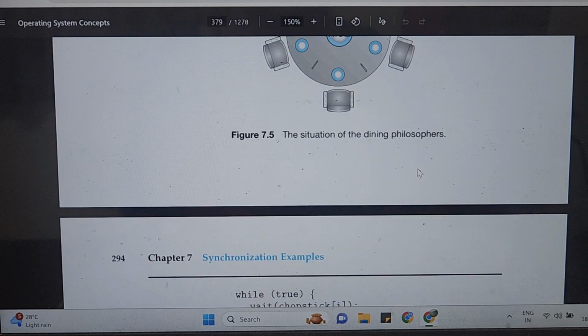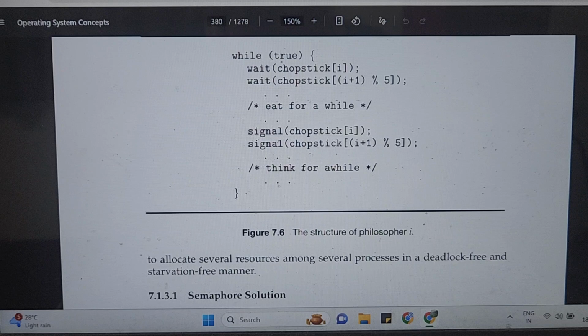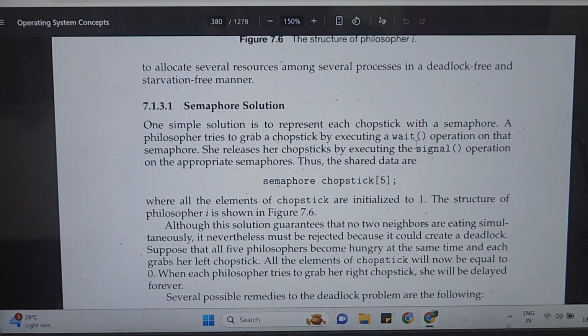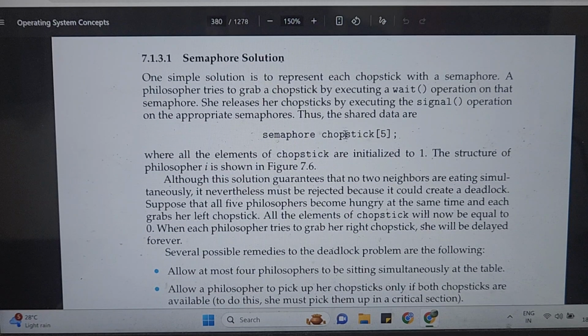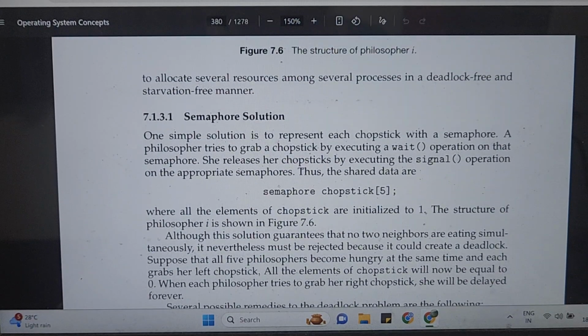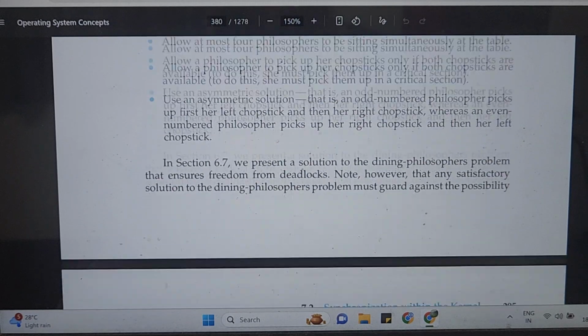Now you can come up with a semaphore based solution for this. So it is possible. You can declare a semaphore variable array, chopstick of 5. So chopstick is an array with 5 entities representing the 5 philosophers, and each has a semaphore variable, and there are ways to solve this problem. So we're not going to go into that. I'll tell you why. But if you are interested, it's not too complicated. You can probably sit and work out a semaphore based solution, because we've already looked at a couple of semaphore based solutions for the previous problems. Anyhow, we are not going into the semaphore based solution for this problem, because